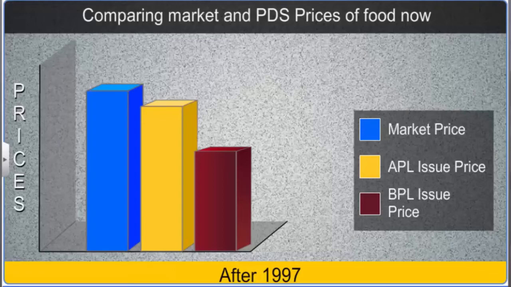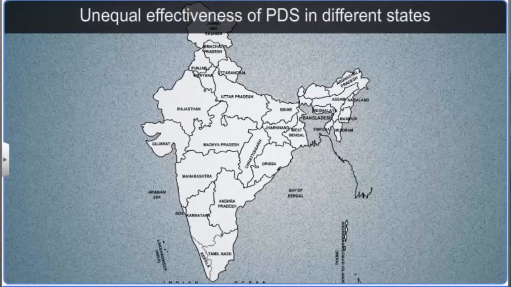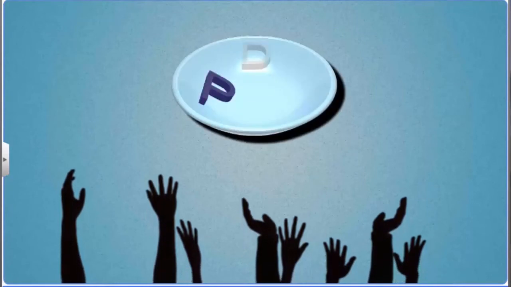Another concern about PDS is its unequal effectiveness in different states. While the average consumption of PDS grains is 3 to 4 kilograms per person per month in the states of Kerala, Karnataka, Tamil Nadu and Himachal Pradesh, the figure is less than 300 grams per person per month in the states of Uttar Pradesh, Bihar and Orissa. Thus, even after decades of the public distribution system being in place, poor people often have to depend on the